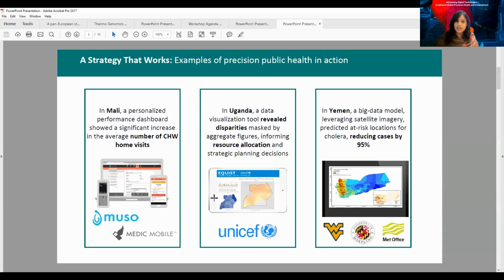categories of technology. We had the frontline technologies, and the example that I want to show you here is the personalized frontline tools that are fairly common in most of the world, with the community health workers largely, that allow them to understand who their clients are, what key challenges are operating within the catchment area, as well as allow them to do more periphery analysis and understand workflow modalities in a more accelerated and effective manner.